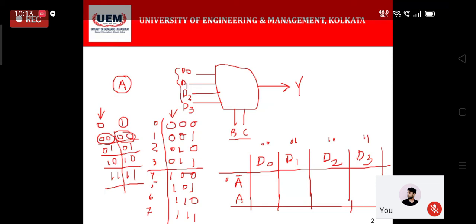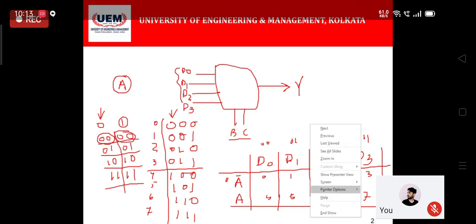This is the 0th term, this is 1, this is 2, this is 3, this is 4, this is 5, this is 6, and this is 7. So this is almost like a K map, but rather a folded K map that we are drawing to accommodate in our multiplexer.